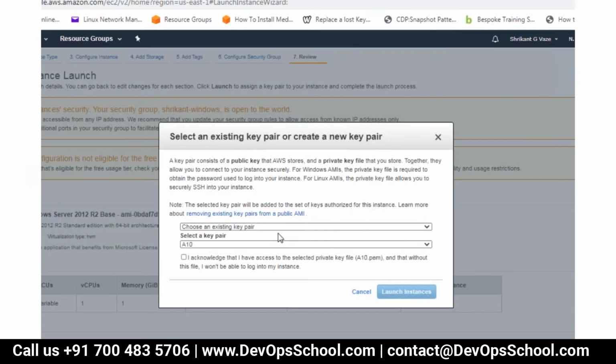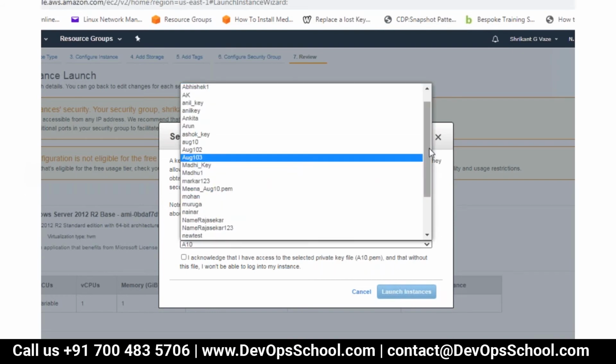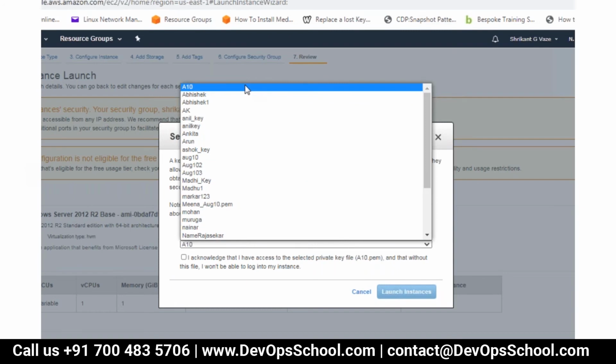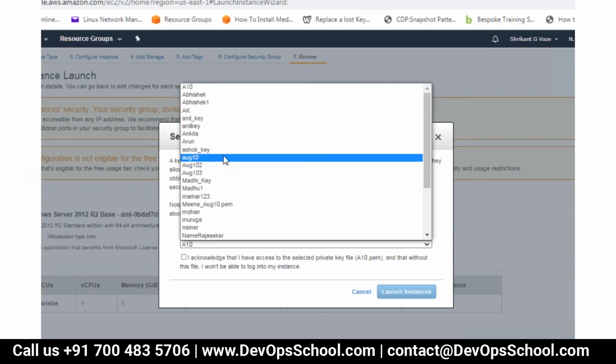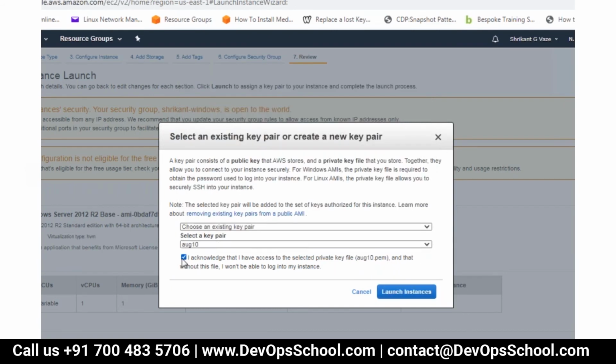So now you have already created a key pair. So there is no need to create it again. You can use the existing key pair. So the name I have given is August 10. August 10. And it will ask you to acknowledge that you already have the key.